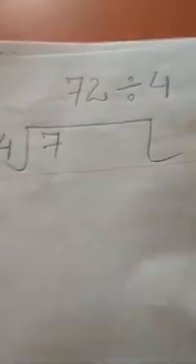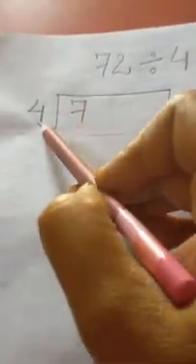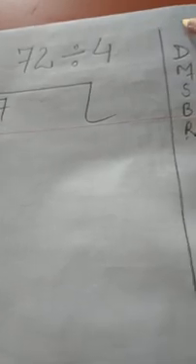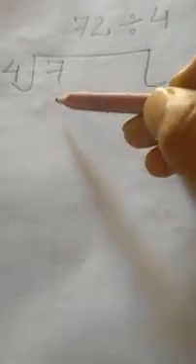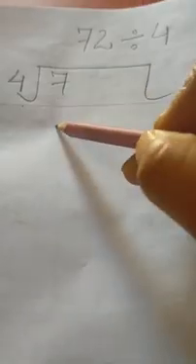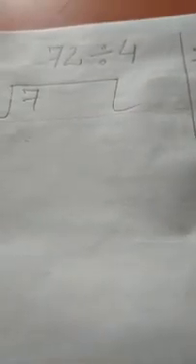Now here we will write one digit. 7 is there. Now 7 will be divided by 4. Our first step is division, that is 7 divided by 4. Then second step is multiplication. Now we will write one number under the 7 that can be subtracted, and we will find it from the table of 4. 8 cannot be written under 7 because it cannot be subtracted. So we will write 4 under 7.